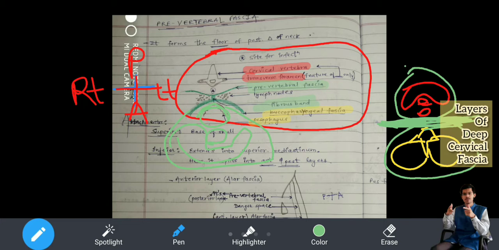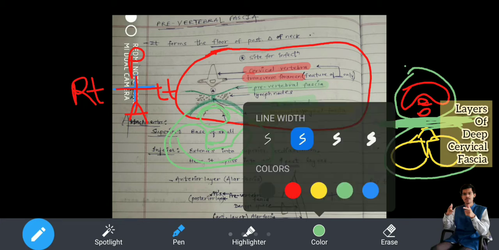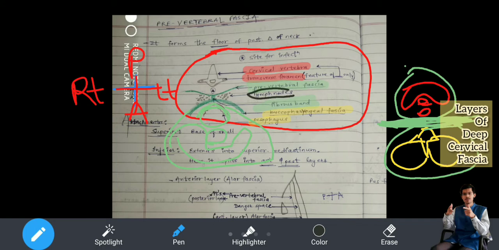And there are a certain number of lymph nodes here. As you can see, I'll encircle them. Lymph nodes here. Yes, this dot, dot, dot, dot, dot. Can you see lymph nodes? Now I put up a star mark over here. Now I'll put a big black dot over here. Can you see in front of the vertebra? Just in front of the vertebra, I put a black dot. Why have I marked this black dot? The reason I have marked this black dot is that this is the common site for infection.